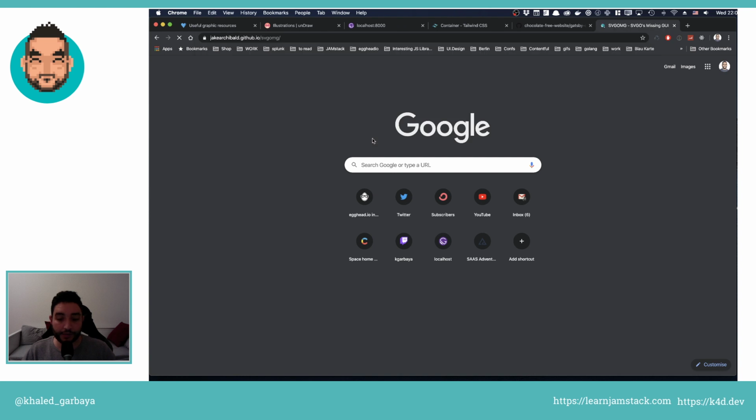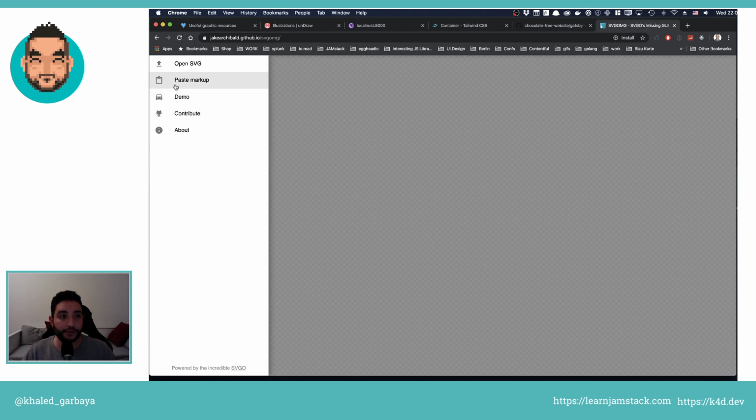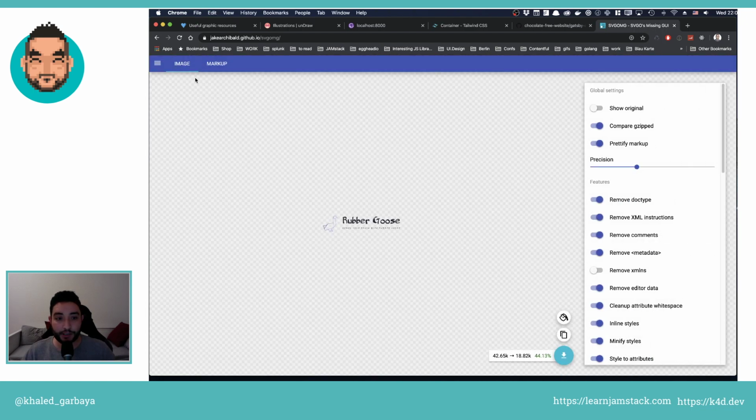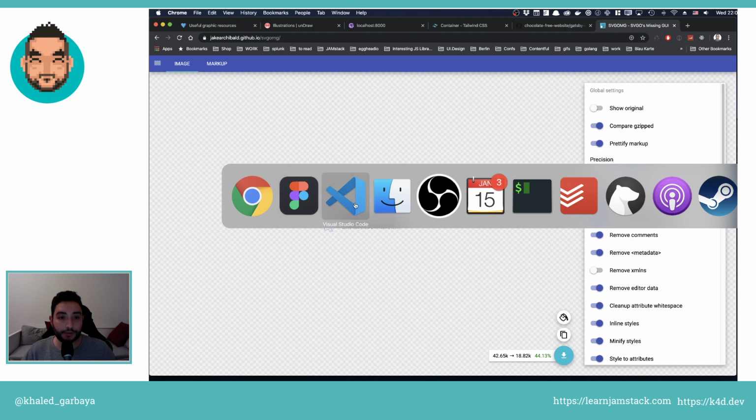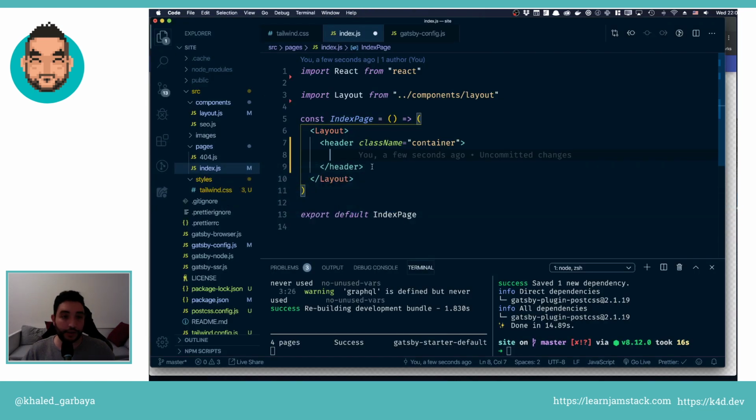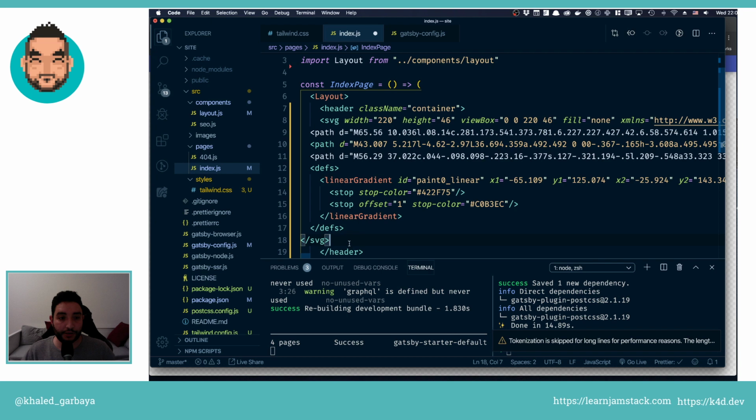This will help us clean up and optimize our SVGs. We can go here and paste the markup. We can have a preview, and you can see it's down from 42 kilobytes to 18. So we can copy this and then come back to our HTML page and paste this SVG,